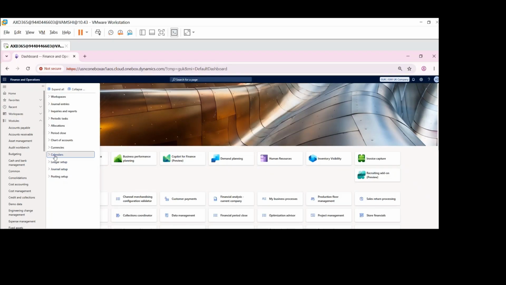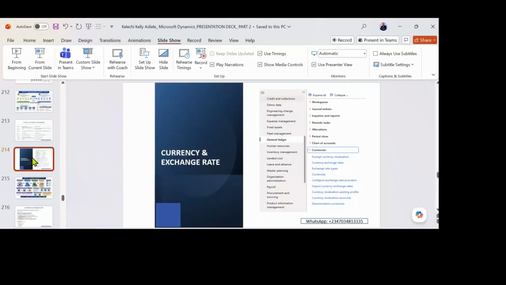Just a second. See the next thing. The next thing is currency and